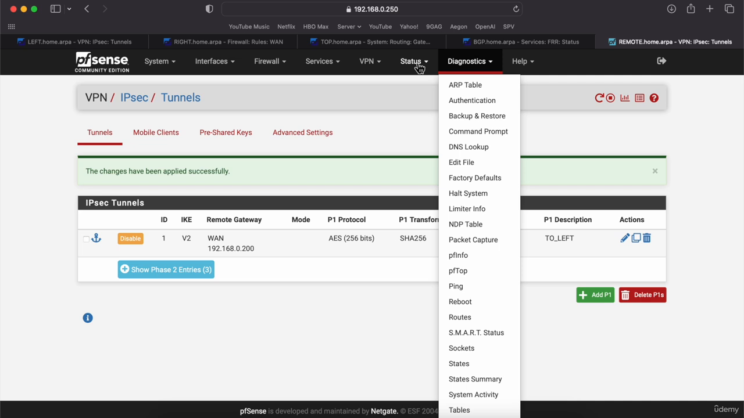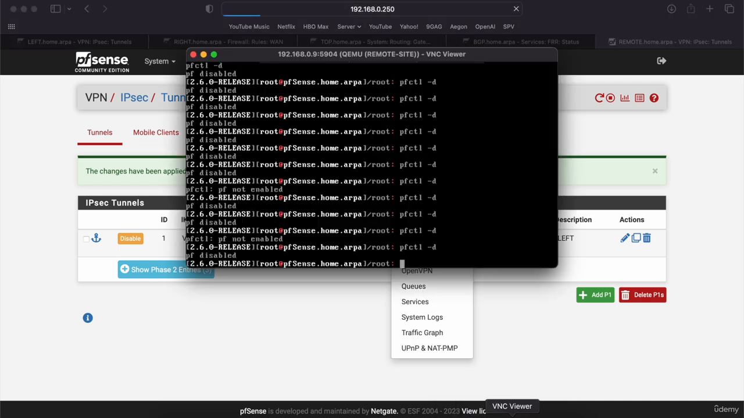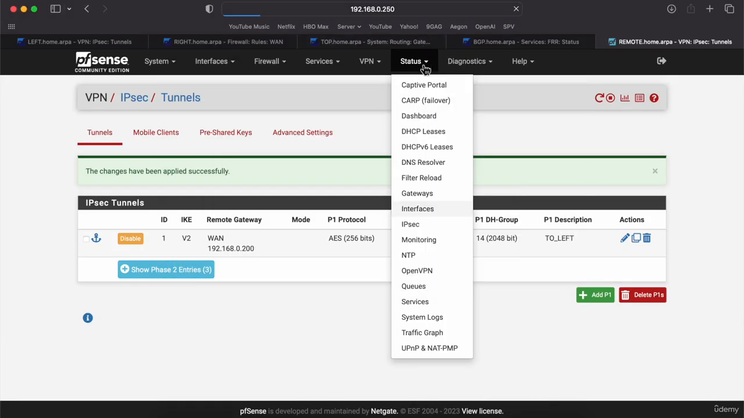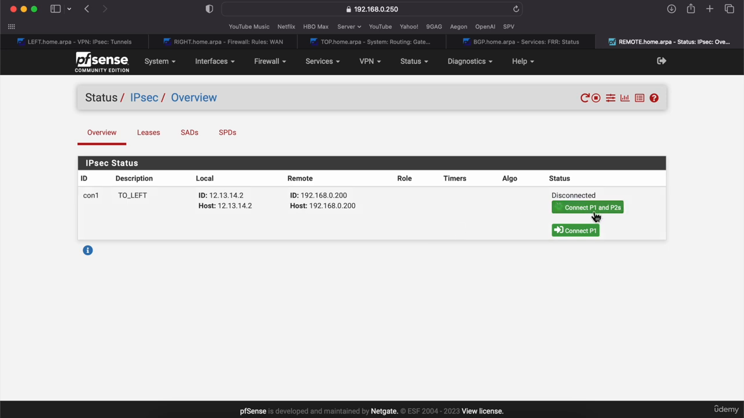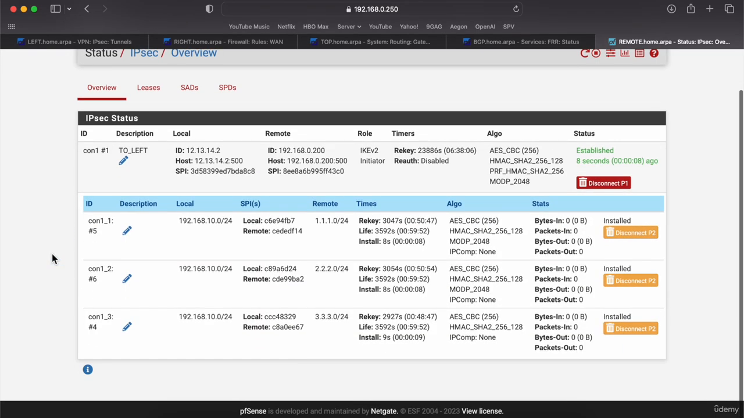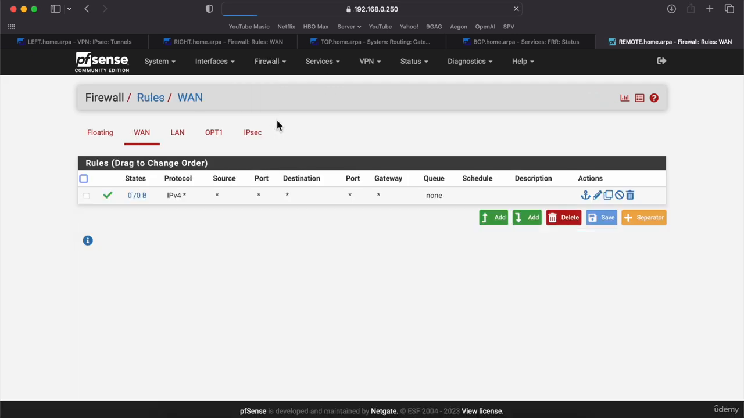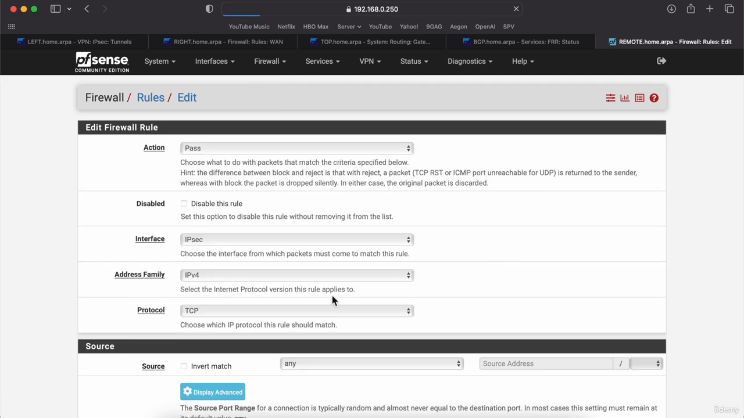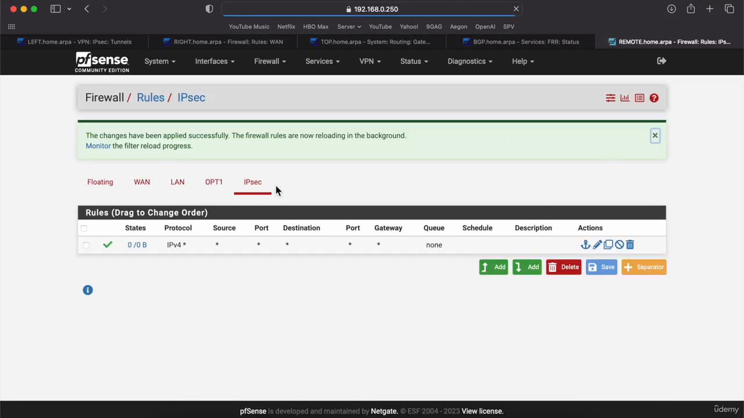and status, not interfaces but IPSec, and try to connect the tunnel. As you can see, the tunnel is established, and phase 1 is established, and phase 2 is also established. What we have to do is just to configure the IPSec to be unrestricted. Okay,